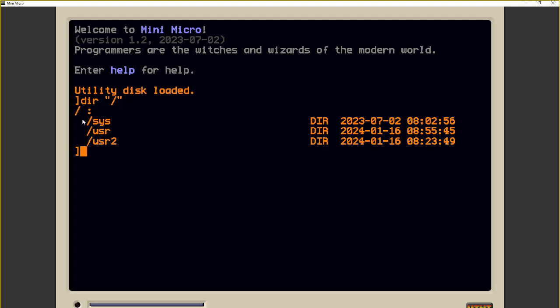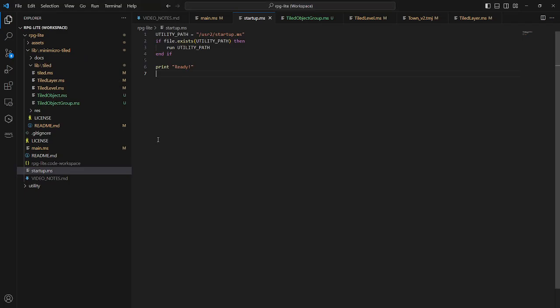You can see there's the usr folder and the usr2 folder. Usr is disk 1, usr2 is disk 2. So when the system starts, whatever is in the startup file will get executed. In this case, what I want to run is the startup file on the usr2 disk. It checks to see if that path exists, and if it does, it runs it, and then